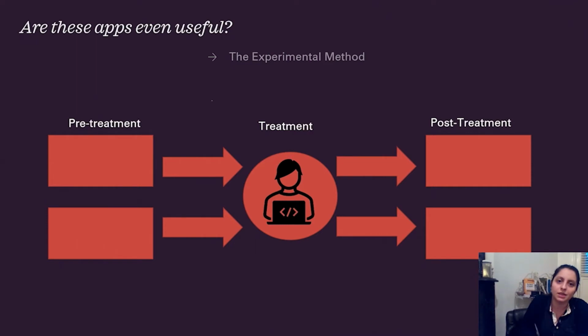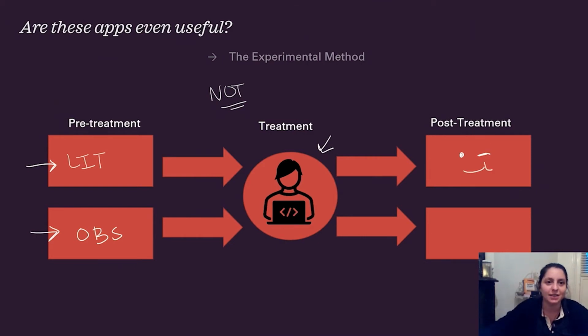But what happens if you're not using it? If you're just making an app because you maybe did the literature review or you maybe observed something, so you know that people are having panic attacks and maybe they don't have the skills. You give them your app and then you tell people, yeah, you should use my app. And they say, does it change anything? And you say, hey, just trust me. I'm sure it works. I paid someone good money to make it.